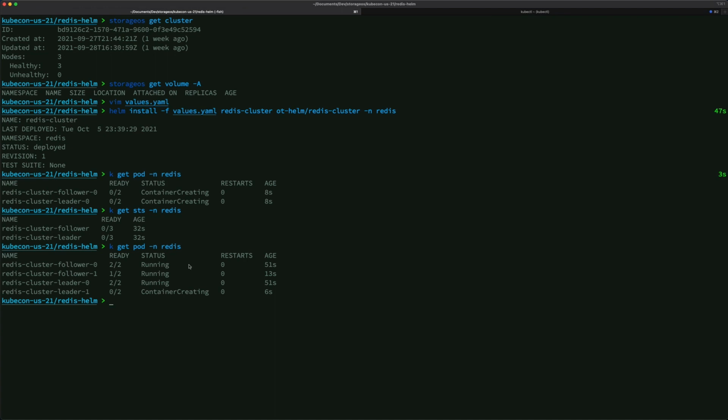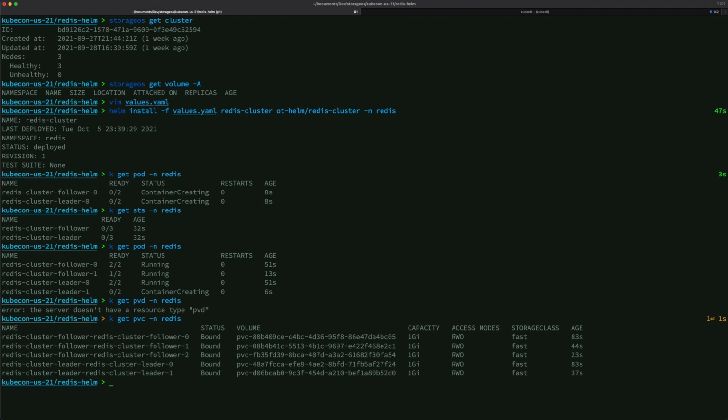But we should also start to see some PVC provisioning. Oops, it's not PVD, it's PVC. Okay, so as the system provisions a new pod, you can see that PVCs are dynamically created with a volume of 1 gig as defined by the Helm chart, and which is the storage class fast.